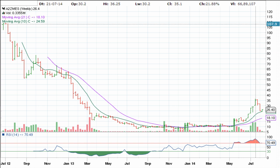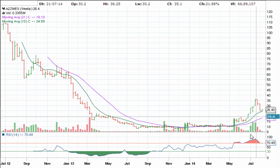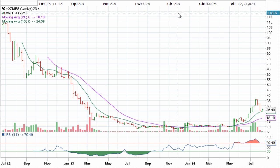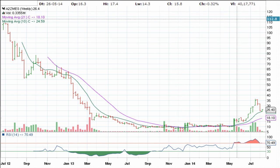So I would say, A, the stock came close to the 10-week moving average there. There was a possibility of a bounce, and we see a bounce of about 5% beginning of the week here. So that's one reason to hold on. Another reason to hold on to the stock, in my opinion, is because if you take a look at the monthly chart,